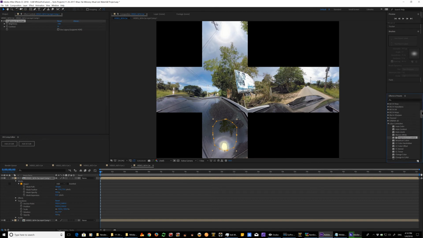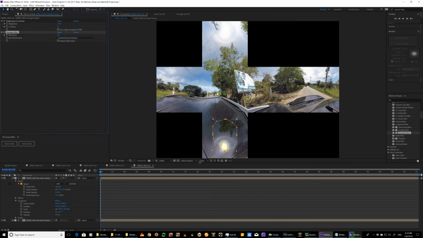So what we're going to need is a little bit of blur. Let's go to our blur and sharpen. Let's grab the Gaussian blur and tweak that up a little bit to make it look about how it's going to look there. Then we're going to need one more thing from our color correction. We're going to add the Lumetri color,